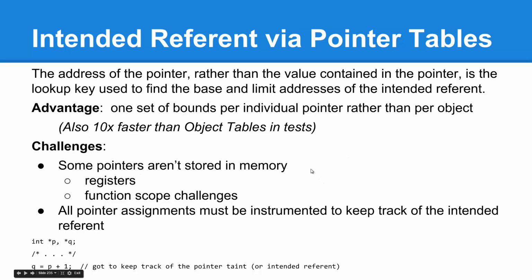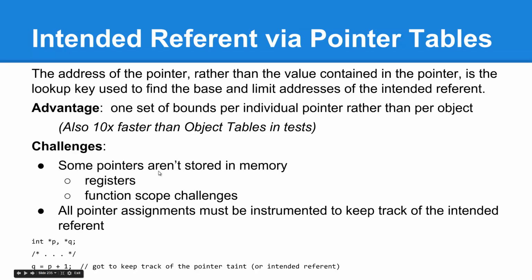But according to the performance evaluation experiments, this is actually often 10 times faster than the object table's approach. Now, the main drawback is that many pointers aren't stored in memory. They're just simple registers, like ESP and EBP are the main examples. EIP is also a notable example, but